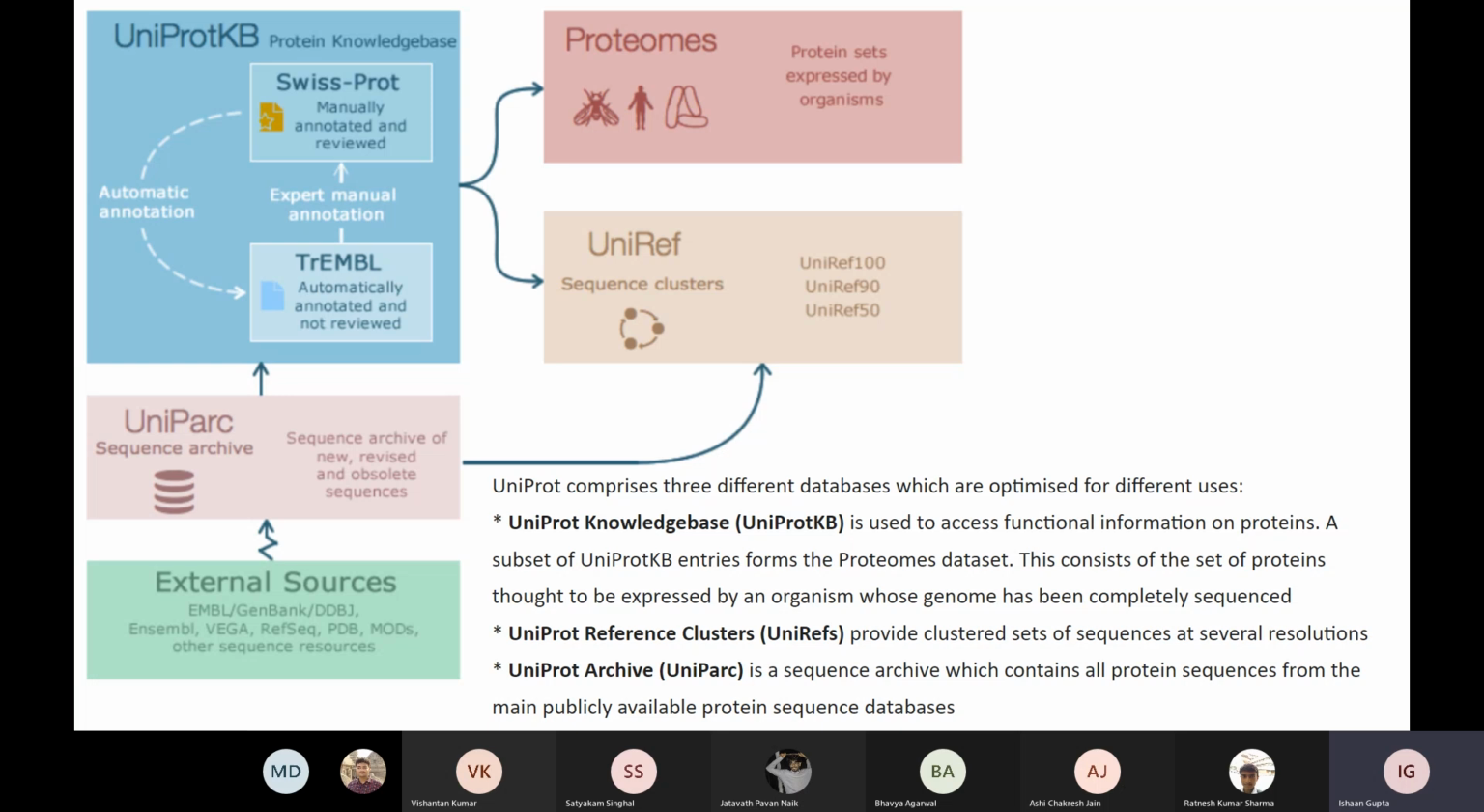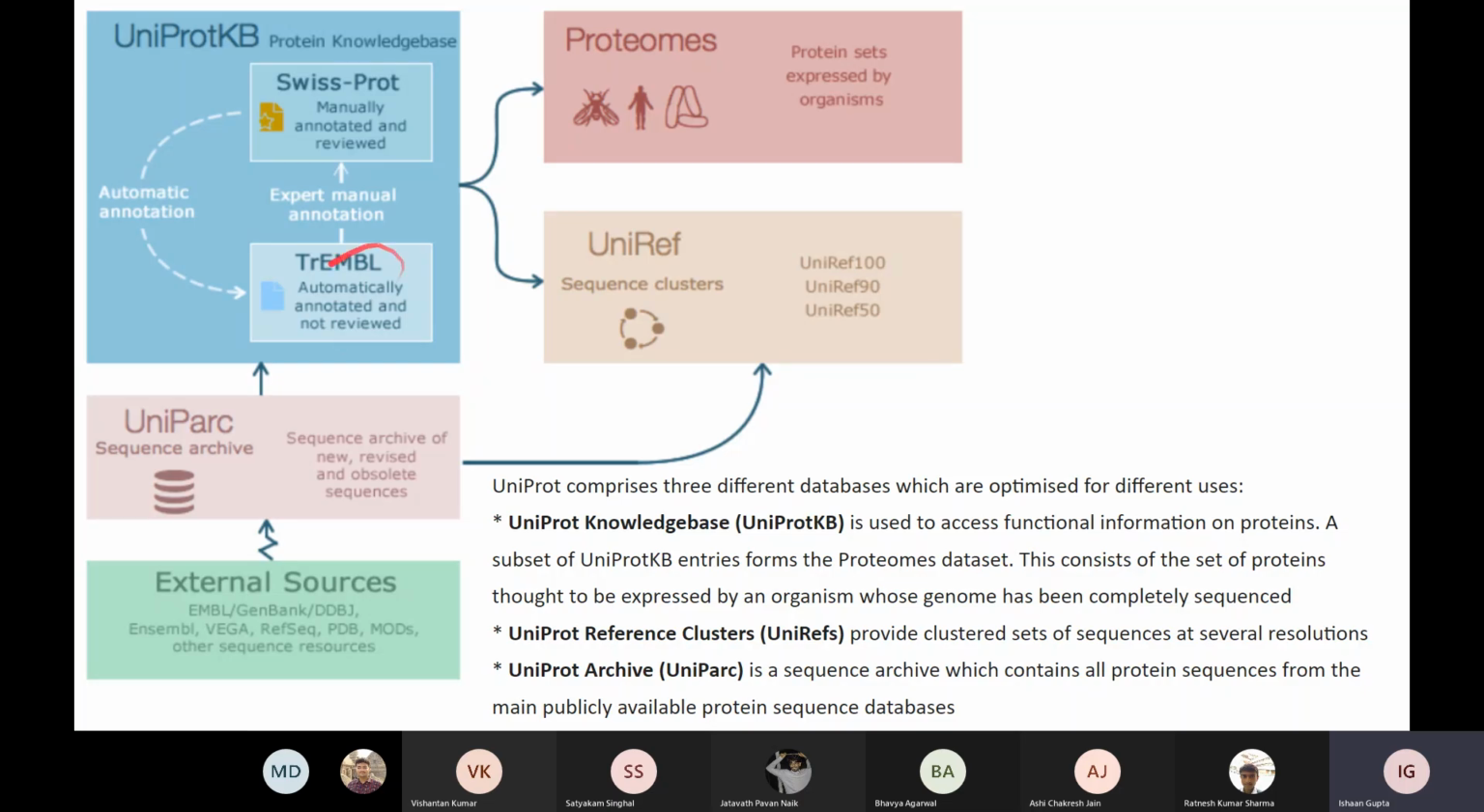Okay, so UniProt basically is a hybrid database because it has this kind of a structure. So it's a knowledge database. It takes information from SwissProt. SwissProt is a manually curated database of protein structures and their IDs. Then you have something called TrEMBL, which basically is an automated